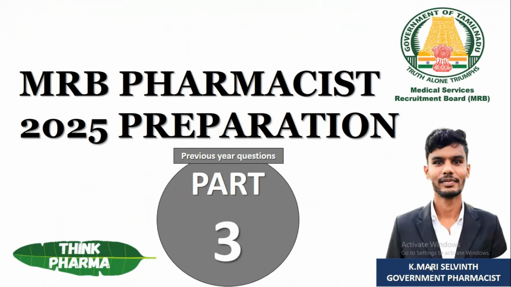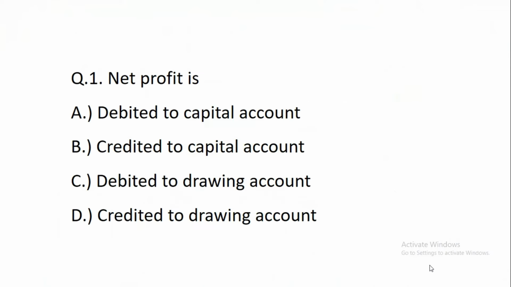In this video, we are going to discuss 15 previous year questions of MRB Pharmacist. Let's dive into the first question. Net profit is? Four choices are there: A, debited to capital account; B, credited to capital account; C, debited to drawing account; and D, credited to drawing account. The answer is